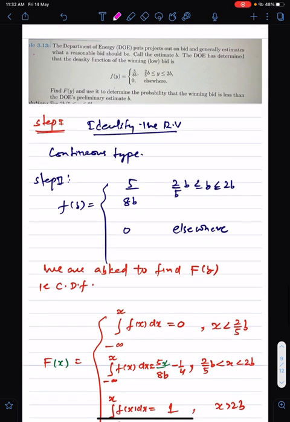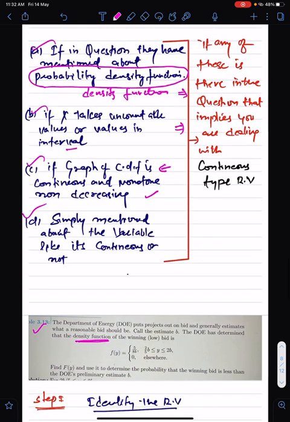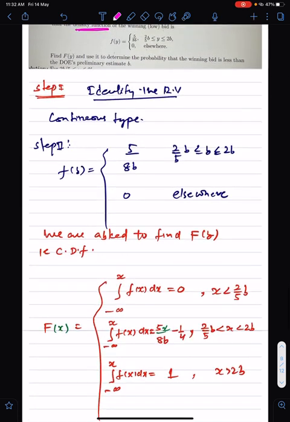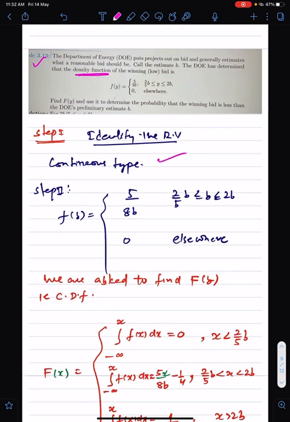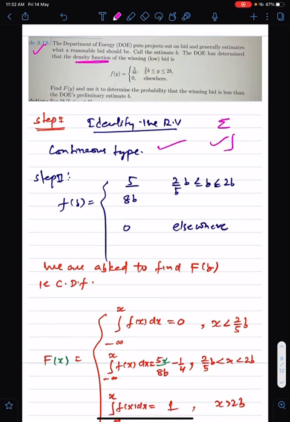So the question is written here. What they have given us is a density function. In the question they have talked about the density function, so by what we have just seen, since they have used the density function, that means my random variable is a continuous type random variable. So the first thing I have identified is that I am dealing with a continuous type random variable. Now I know whether I need to use summation or integration. As it is a continuous type, I will go with integration, right?